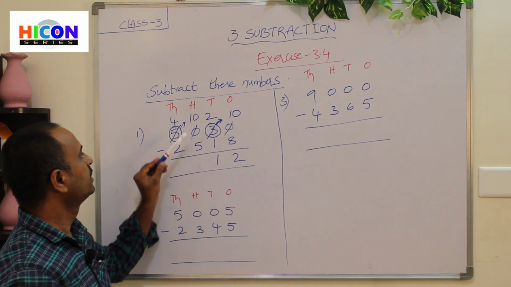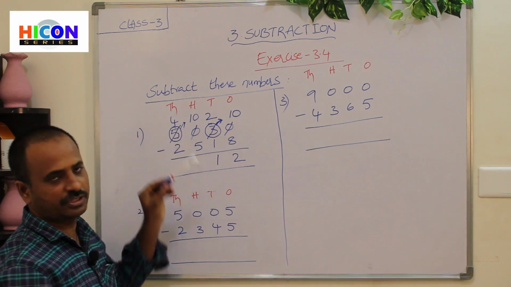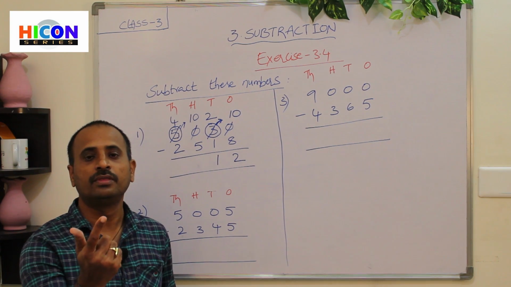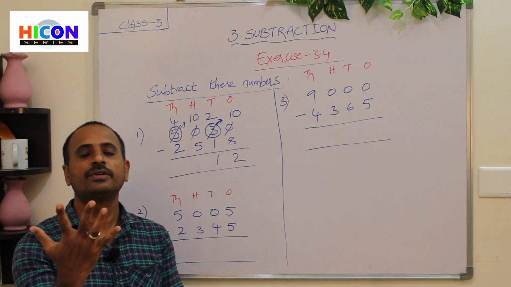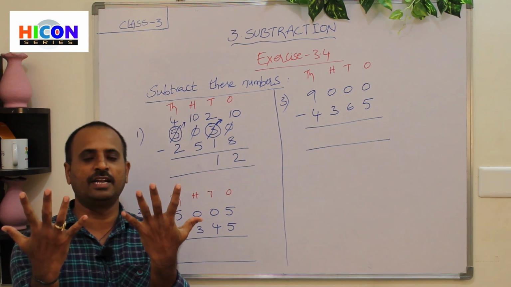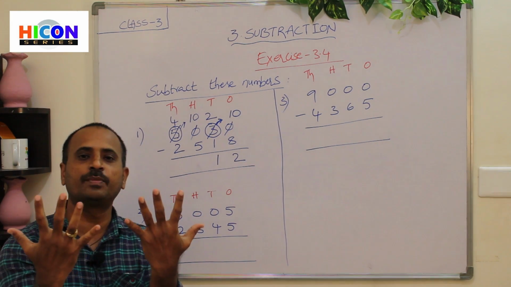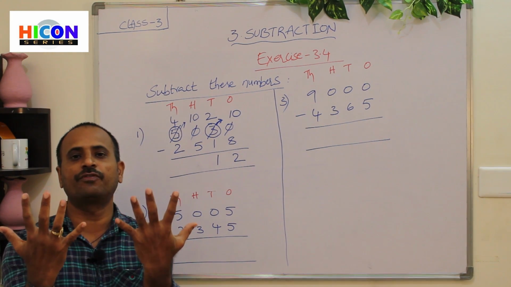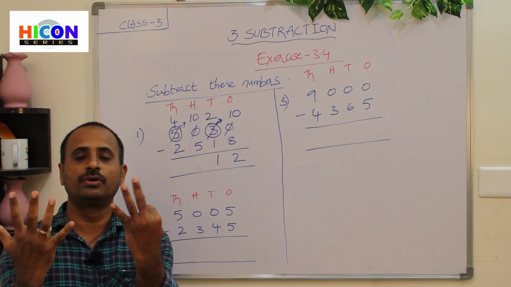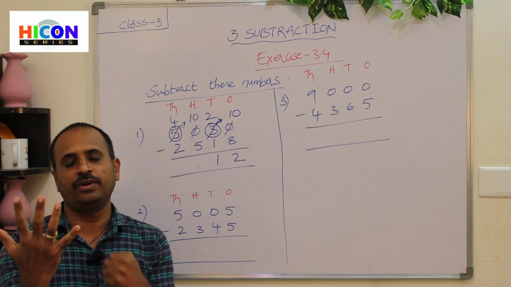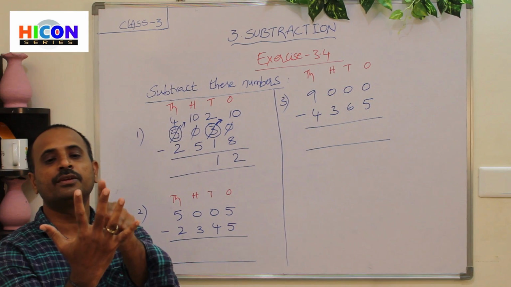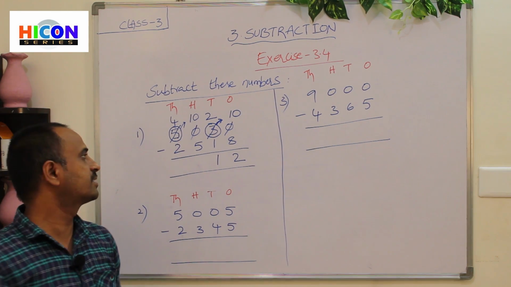So in hundreds place, 10 and 5 are there. 10 is the first number. So open 10 fingers of your hand. 1, 2, 3, 4, 5, 6, 7, 8, 9, 10. These are the 10 fingers. What is the second number in hundreds place? 5. So close 5 fingers among these 10 fingers. 1, 2, 3, 4, 5. So children, how many fingers are remaining? 5 fingers are remaining.